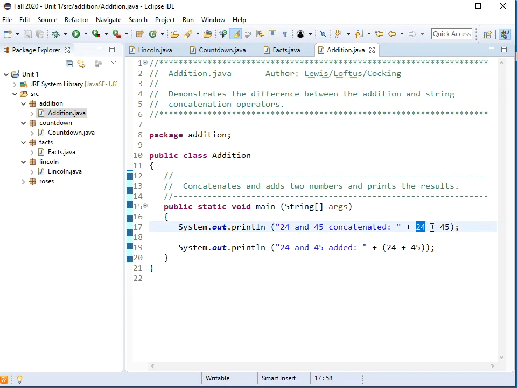All right, and then after it prints 24, it's going to print 45. So it'll actually print out here, because it's going to do one thing at a time. It's going to say 24 and 45 concatenated, and it's going to say 2445. All right, but if I use parentheses, what it will do is it will evaluate this whole line, and